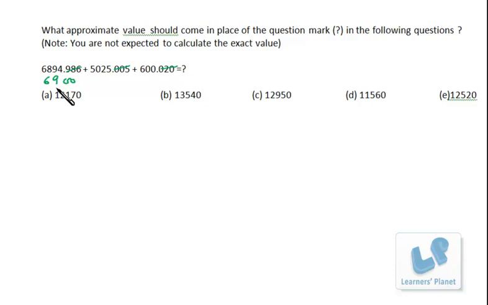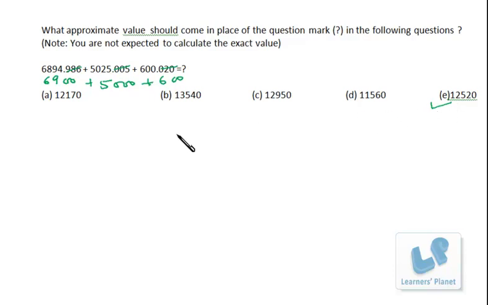Now you have approximated this to the higher side, so make it to the lower side, right? Plus 600. So it won't give you much difference, because you have added 6 and removed 25, and our options are at least 100 to 200 from each other, right? Now this calculation can be done mentally. 6,000 plus 5,000 is 11,000, 11,600, and 11,600 plus 900 will be 12,500 something, right? So 12,520 will be the correct choice, right?